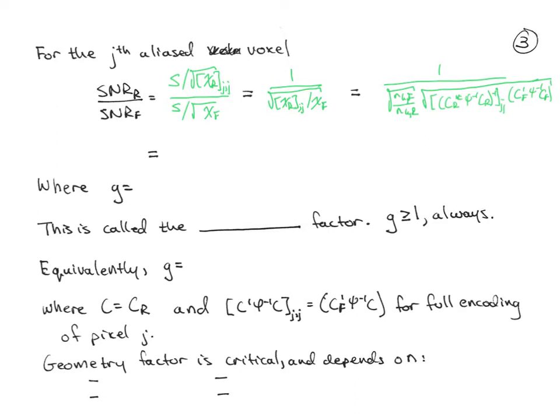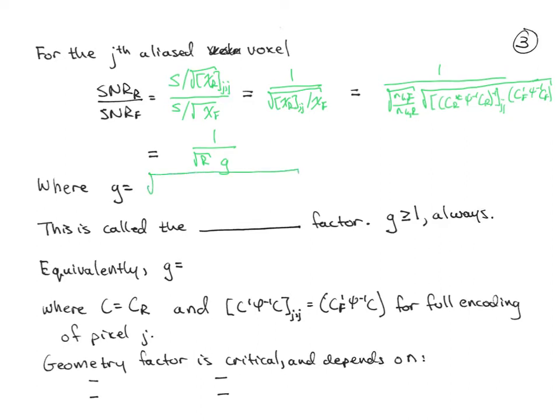Now we can simplify this a bit further. Generally we call this the square root of R, because n sub kf divided by n sub kr is the amount by which the scan has been reduced. That's that factor R. And in this term, the square root of the product of the variances based on the coil sensitivities in the coil noise matrix is called the g factor. So then this simplifies down to 1 over square root of R times g,